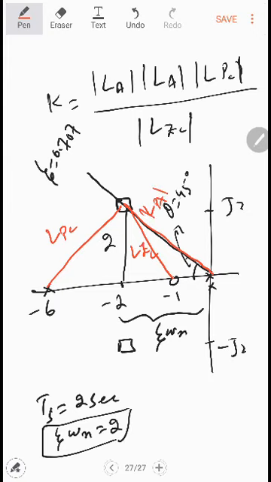So we have 2 times, because consider the LA because we have 2 poles over here. So this will give you the value of the K. But if you are going to find the value of K by another method, in that method, we have to find the transfer function.